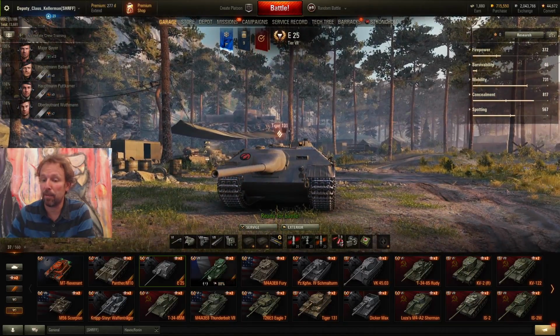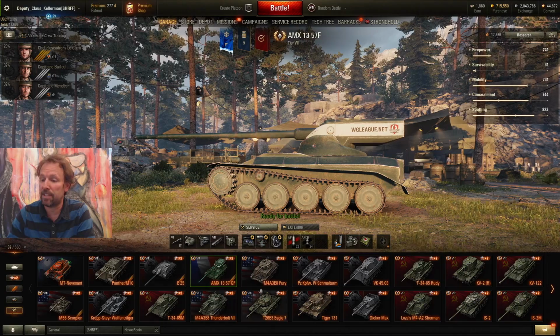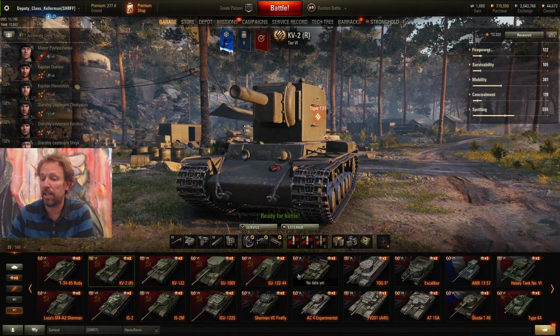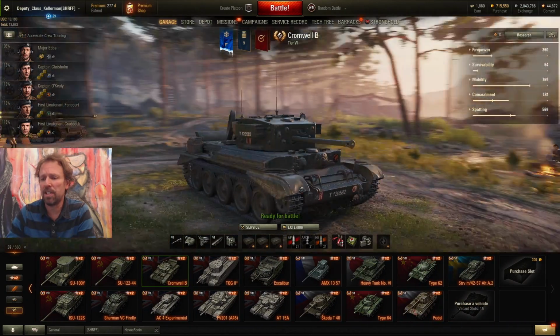I don't have to say anything about that one. Or this one. Some of these low tier, tier 6 and 7 tanks are just a blast to play. Like, if you like playing the KV, why not play a KV that makes a lot of credits, right? The Cromwell B, things like this. My point is,